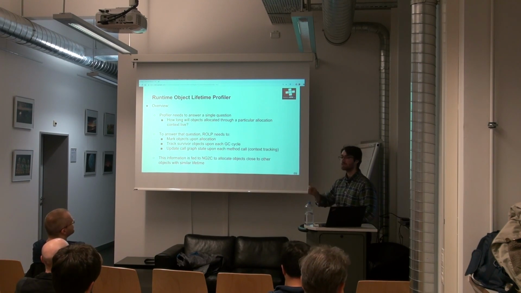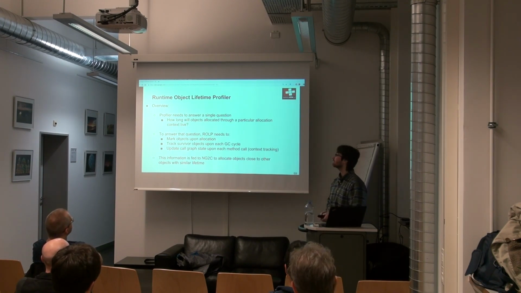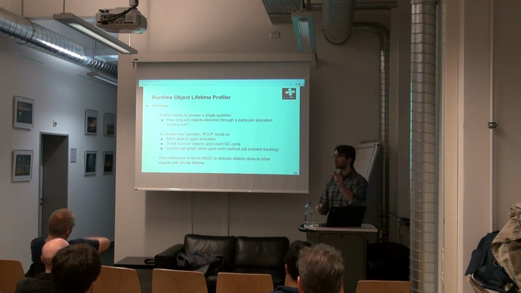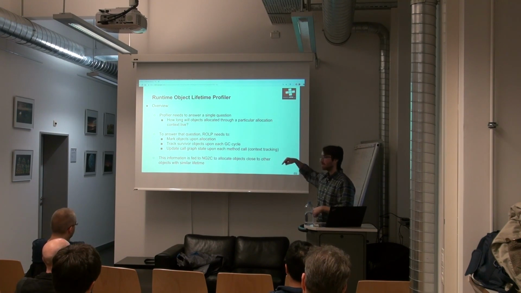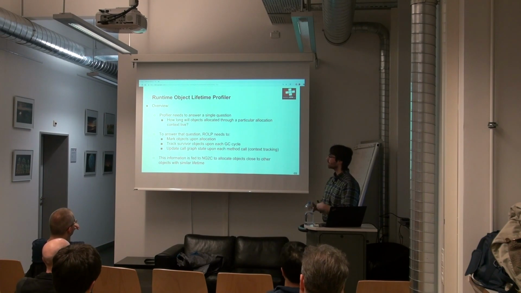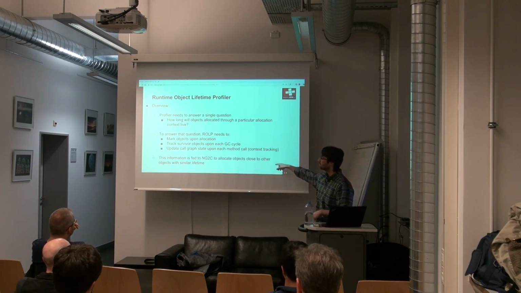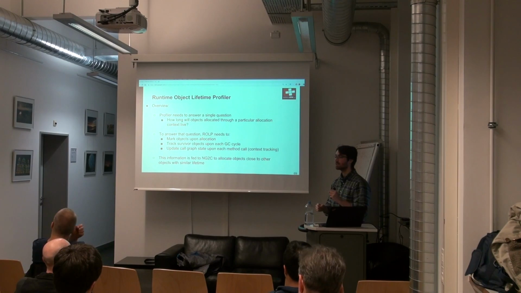If I look at an allocation site, I need to understand how to answer this question. How long is going to be measured in number of garbage collection cycles, not in actual application time. And in order to answer this question, the profiler will have to mark objects upon their allocation. It will have to track objects that are being collected to increase their lifetime. It will have to track the context of the threads that are calling this code, and so on. This information is periodically going to be fed to the collector so that it knows, when it's allocating an object, where to put this object in memory.